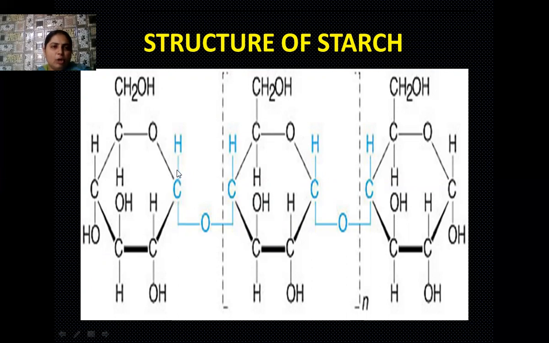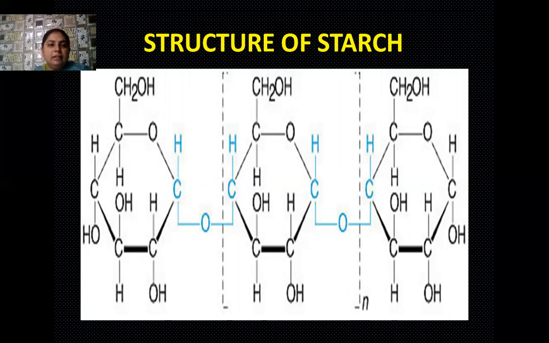So a glycosidic bond is always formed by the removal of one water molecule between these two adjacent carbon atoms. From this carbon, which is the first carbon of this heterocyclic ring, we take the OH group, and from the next carbon which belongs to the second heterocyclic ring, we take the H. So this OH and H later form H2O, and in this way removal of a water molecule takes place, and both the adjacent carbon atoms of the heterocyclic rings join with the help of this oxygen. So the C-O-C type of bond is known as the glycosidic bond, and this type of bond is always present in carbohydrates.